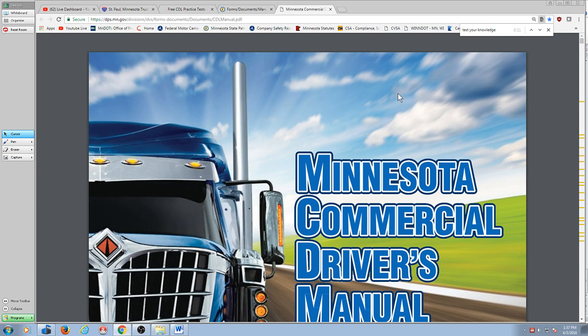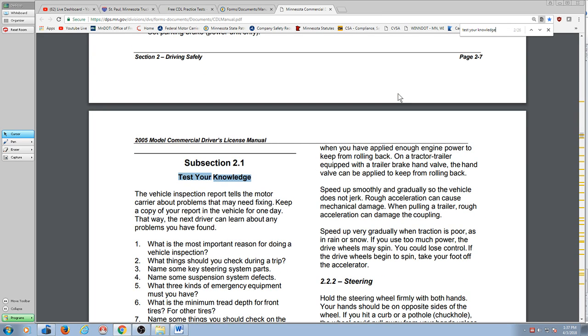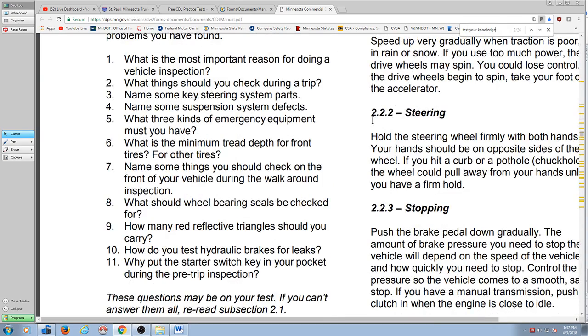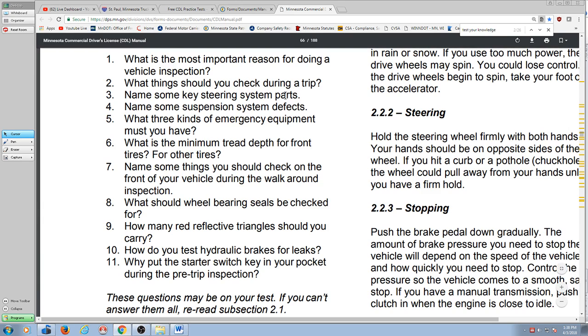These boxes spread out through each section are the questions on the test. So that's what I wanted you to take advantage of, okay? Read the manual. But when you get to these test your knowledge questions, go back and find the answers to those questions, highlight them, and then you have the perfect study guide for this. That would be the perfect study guide. Finding the answer to those questions will tell you exactly what questions are on the test. Now, they might word the question a little differently. So, to assist you with